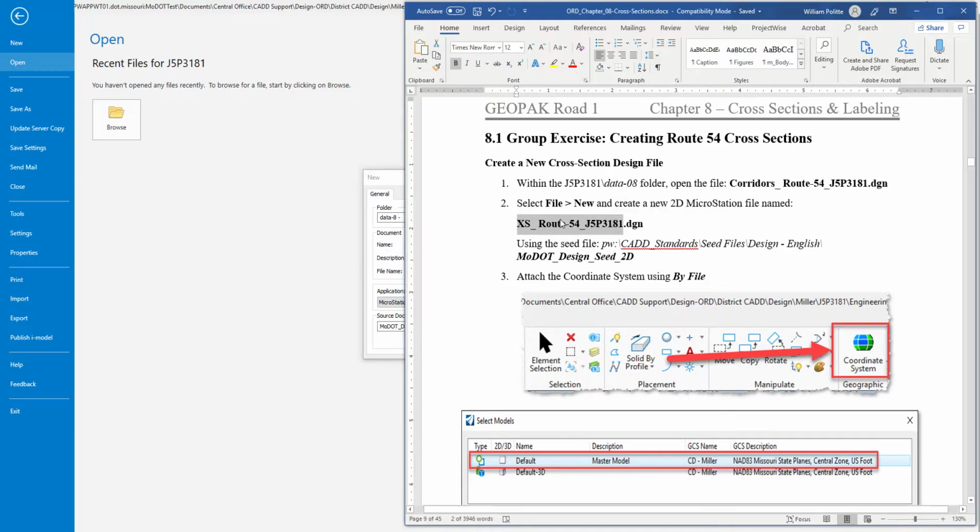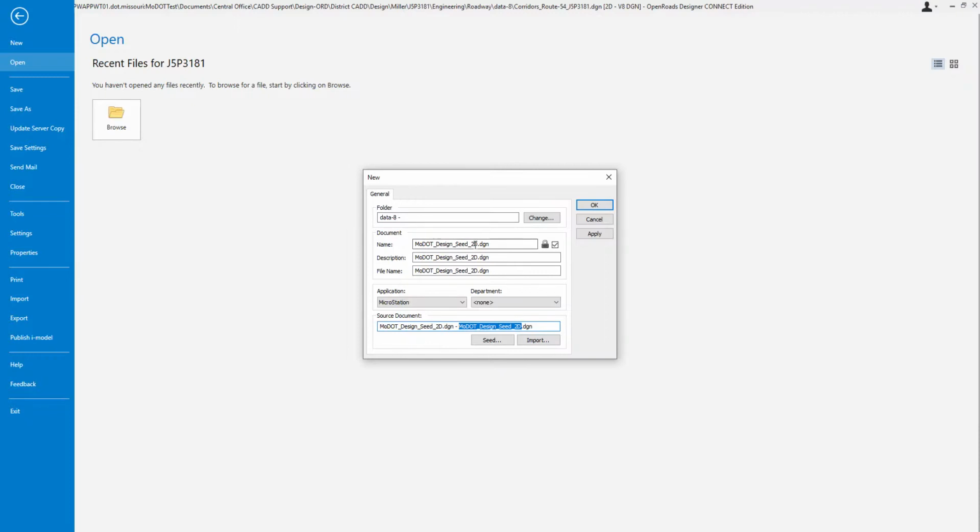the name of the file I want to create. So I'm going to come in here and I'm going to swipe through MoDOT. I'm going to paste in that XS underscore Route 54 underscore J5P3181, and you can see it copied it down to the file name. We're good. So we'll hit the OK button. This will create a brand new file. It will take a few moments